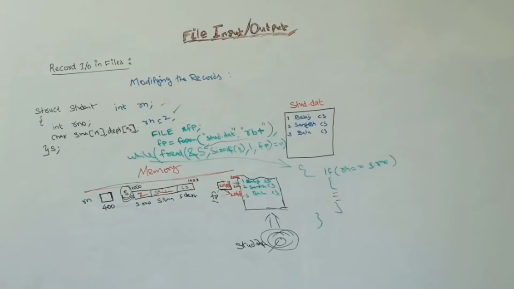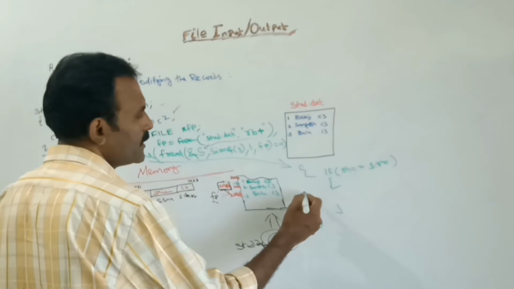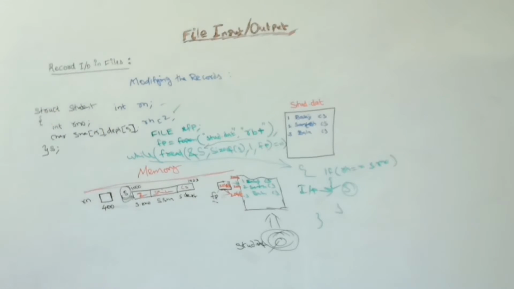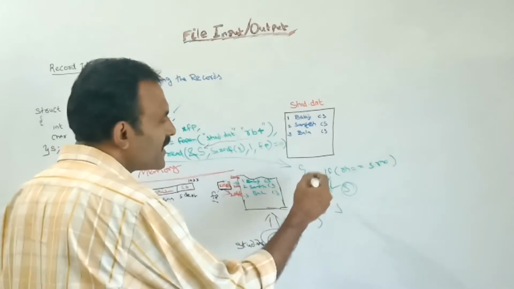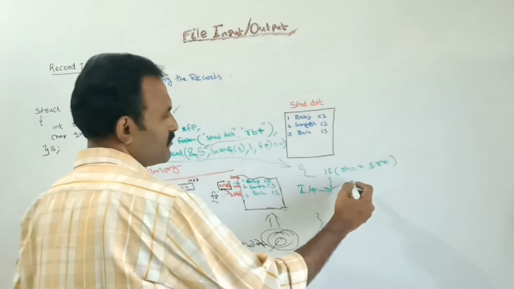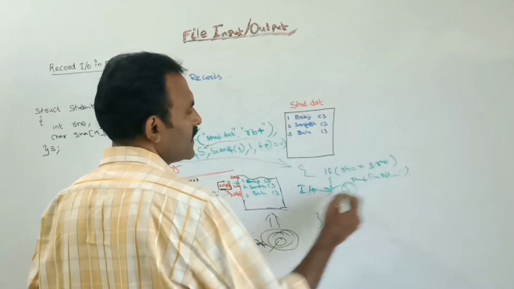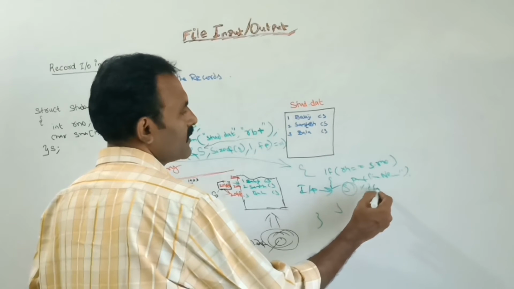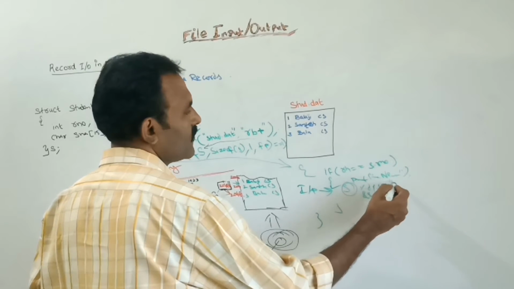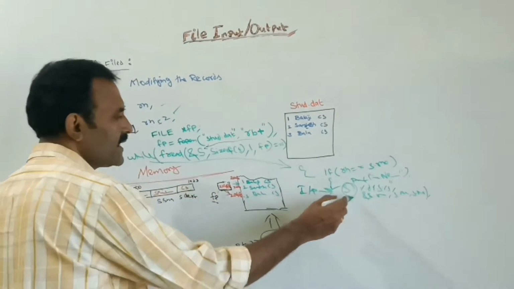So inside this if condition we are going to see how to modify the record. Now let us see how to modify the record. Inside this we should write the code. First step, we should get the input for the variable s, that is the new variable which we are going to modify; that new data we should give here. Before that we can print, like this, printf enter the new value. Next, here we can get the input for roll number, name and department, that is ampersand of s dot rno, s dot na and next s dot dept. So we are getting the input for the structure variable.